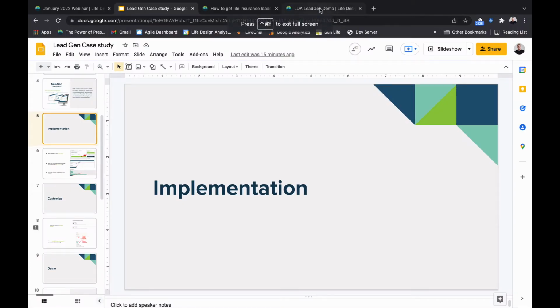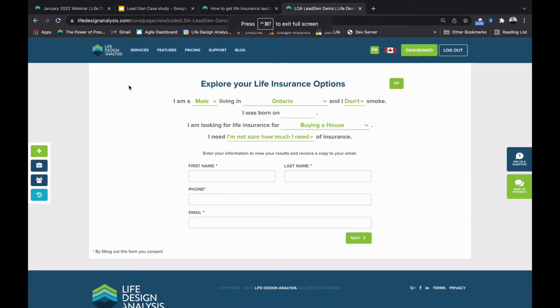So I'm just going to jump over here to my LDA lead gen page, and you can see this looks very much like our regular website if you're navigating it. This is just set up as a CMS page, so all my regular headers and footers apply, and this is the only website I have access to. But again, if you picture your website, if you have an explore your insurance options, get a quote, or review your insurance needs, that could be your call to action